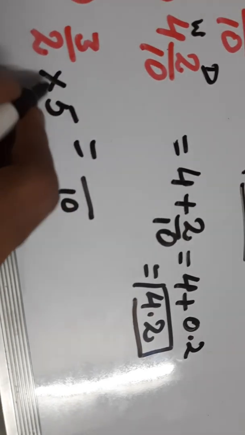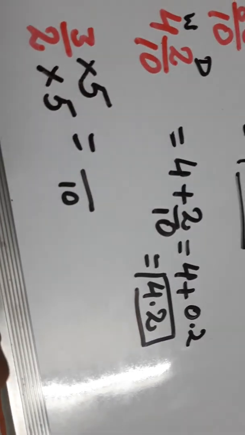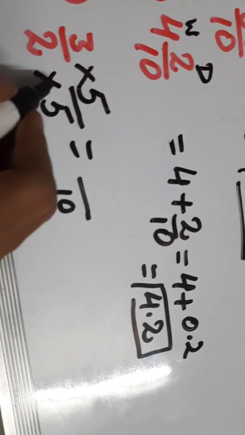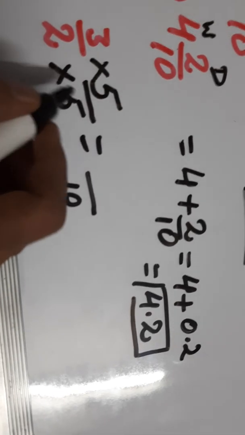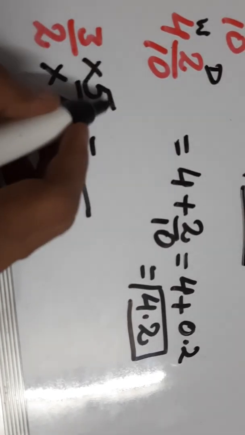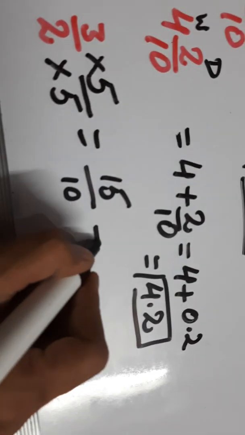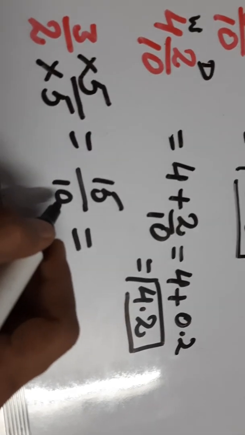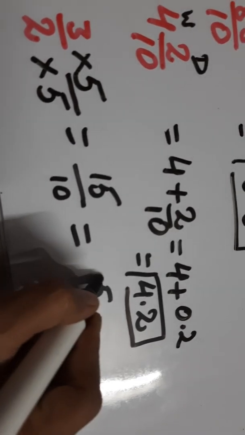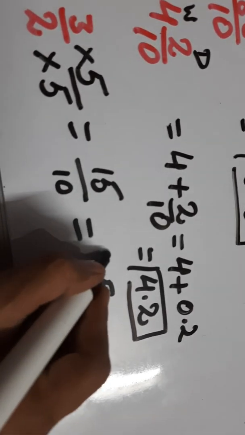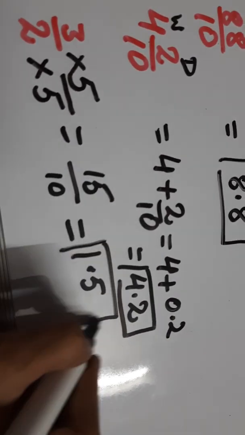We have multiplied 5 in the denominator, then we must multiply 5 in the numerator also. Remember this step. If we multiply by ourselves, it is not given, we have done it ourselves, then we have to multiply it with both numerator as well as denominator. So 3 fives are 15. Now 1 zero is there in 10, so we'll leave 1 digit, that is 5, then we'll place a decimal, then 1 is there, we'll write 1. When nothing is there, we take 0. So 1.5 is the answer.